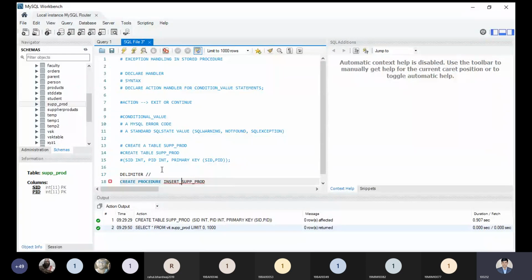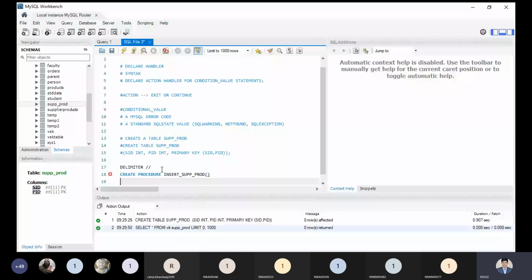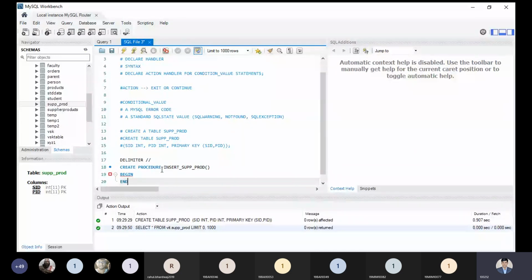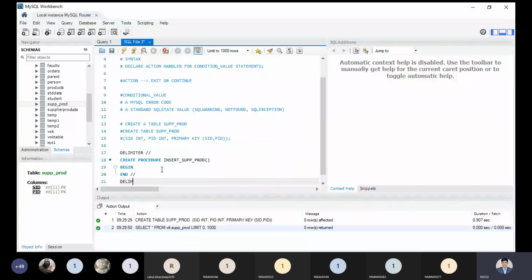I'm giving the procedure a name, with begin and end and delimiter. So finally, I've created the blocks. Now within these blocks, I need to perform my task. So create procedure insert_sub_product, that is the name of the procedure.